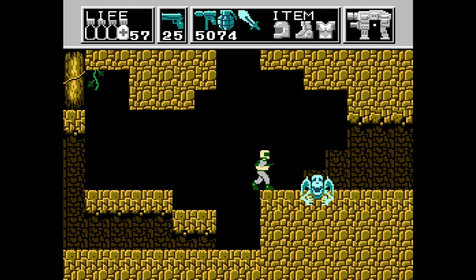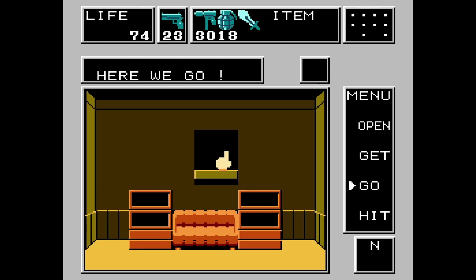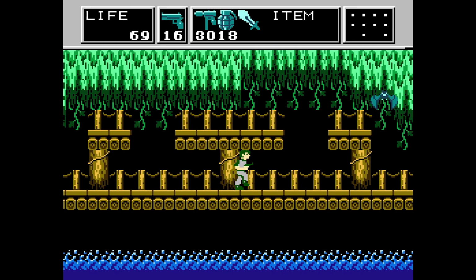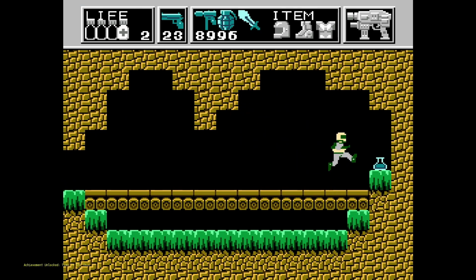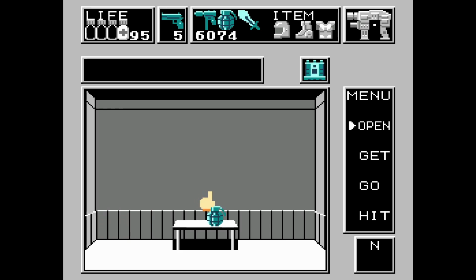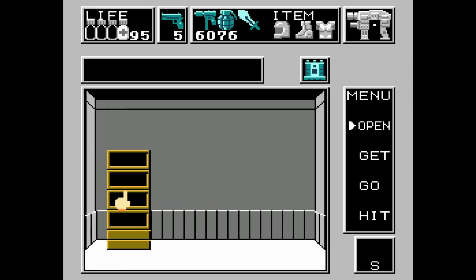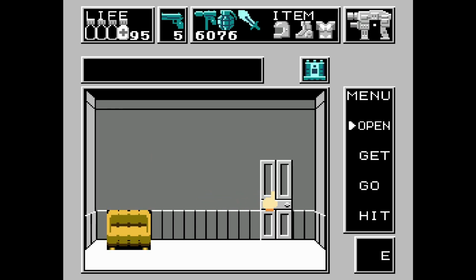Alright, so here's how the main loop of the game goes. Go around the house, stocking up on ammo and health, enter the next warp point, go through the stage, defeat the boss and grab the laser part, backtrack through the level again, and repeat. It's boring. The mansion resets every time you come back from a warp point, so you have to go through the same rooms with the same items in the same places over and over again